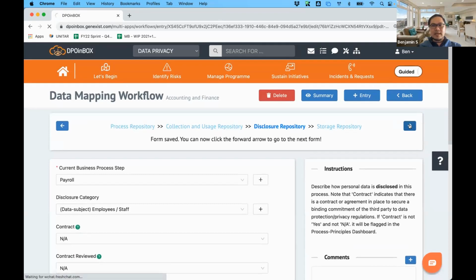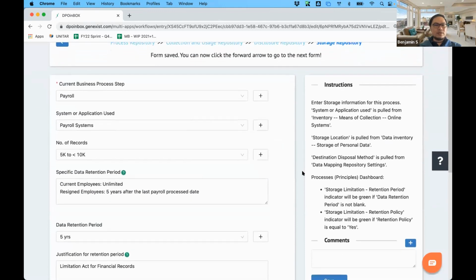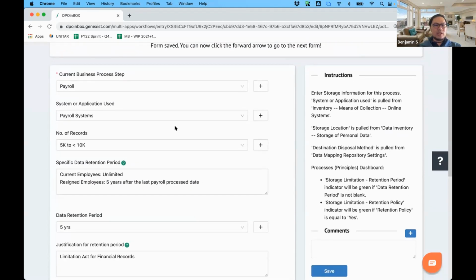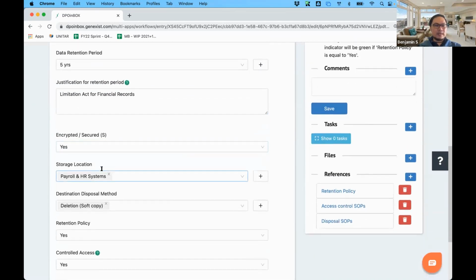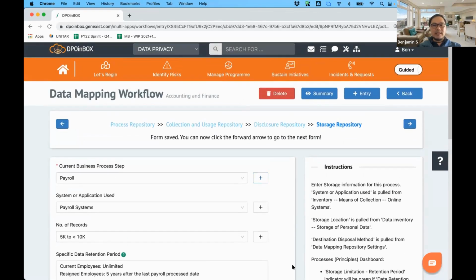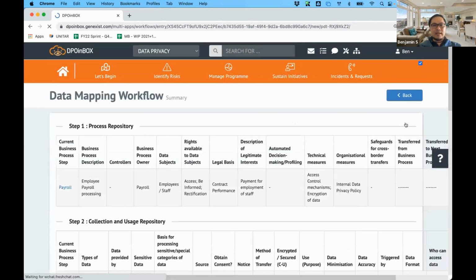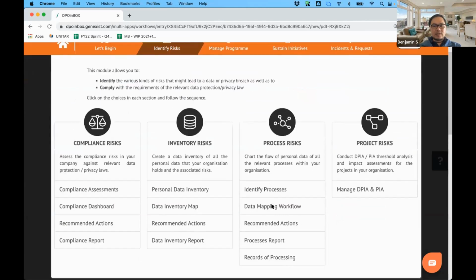Now, moving on to the last part of the information lifecycle, which is the storage. Here the system requires you to identify which system or application is used, the number of records involved in this particular process, the retention period, the destination disposal, and whether there's a retention policy and whether it's secure and has access control. So when you complete this and submit, you will be able to see everything as a whole here in the processes report,